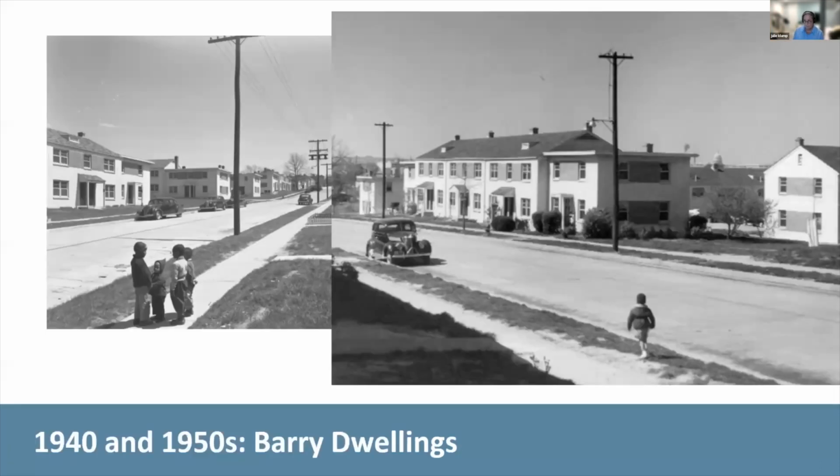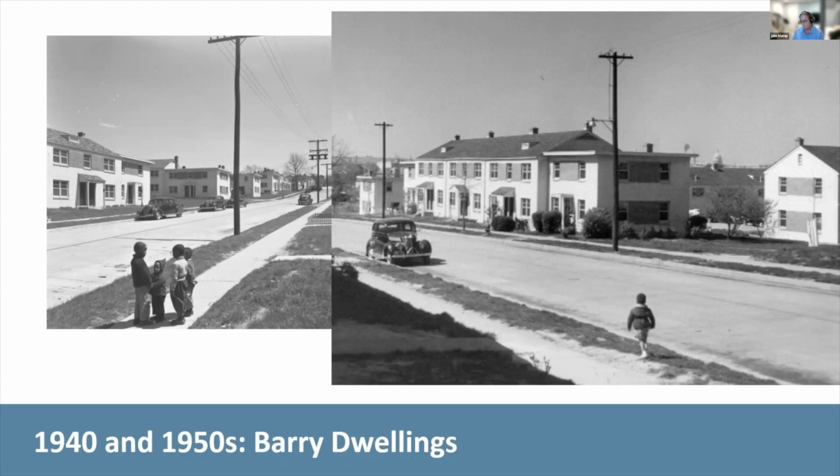Then most of those houses were demolished and taken over for the production of what they refer to as Berry dwellings. I grew up in military housing, so this looks very familiar to me. It wasn't exactly military base housing, but it was housing for people coming home from World War II that needed a place to live. So it was owned and managed by what's now the DC Housing Authority.